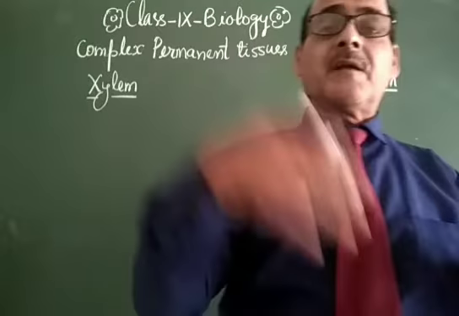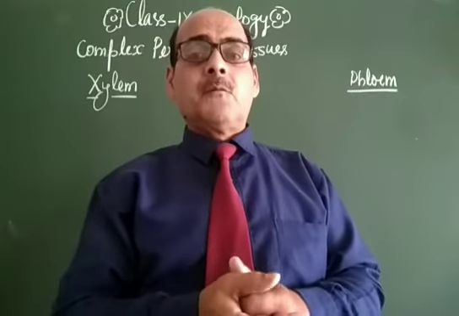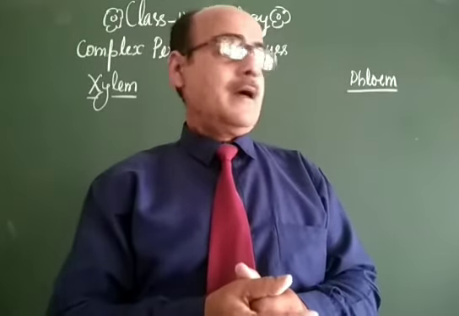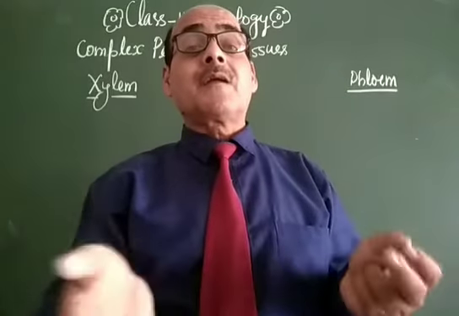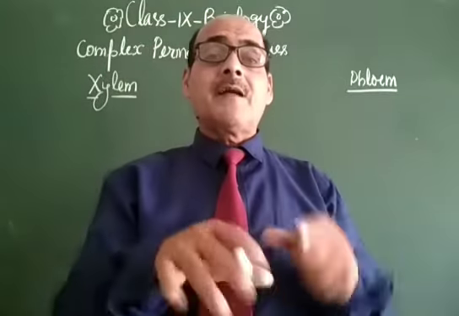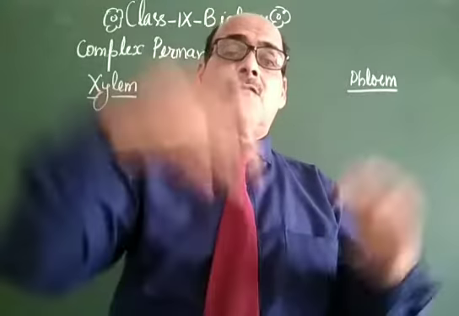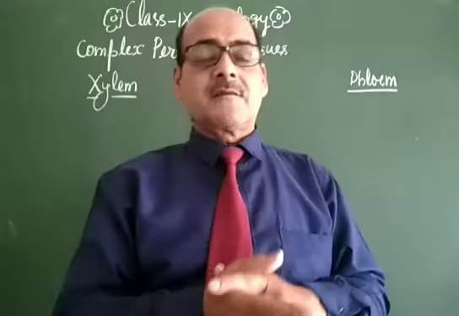Water is transpired when stomata are open, and as a result of the opening of the stomata, carbon dioxide enters. So entering of carbon dioxide and transpiration of water is a simultaneous process,